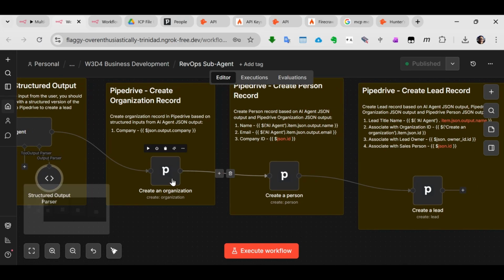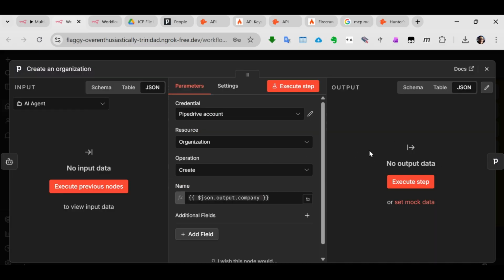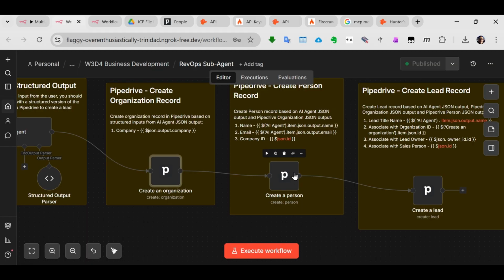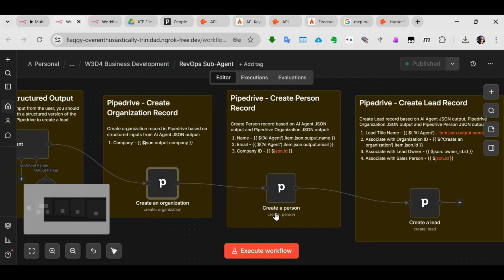So once this is done successfully, when we create an organization, it will output JSON from Pipedrive, which contains much more information, such as the account ID, organization ID, and so on, given by Pipedrive. You output it here, and then it will be captured by this next node to create a person. So here, when I create a person record,